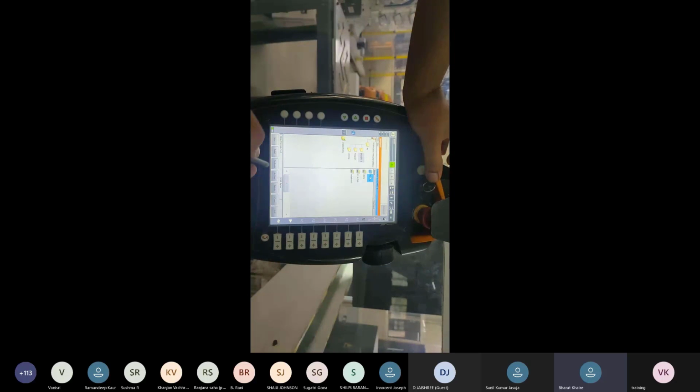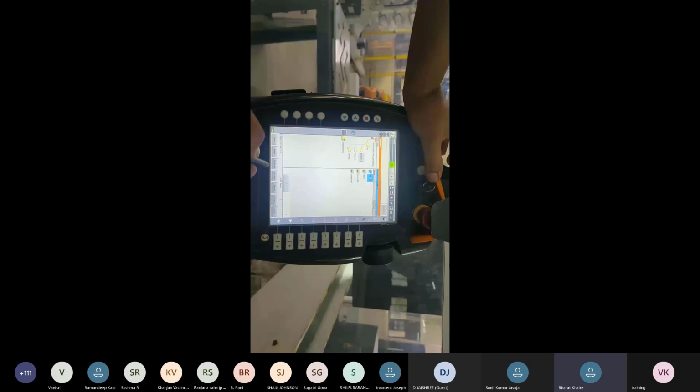So if we select any program, the R tab is converted to yellow light.